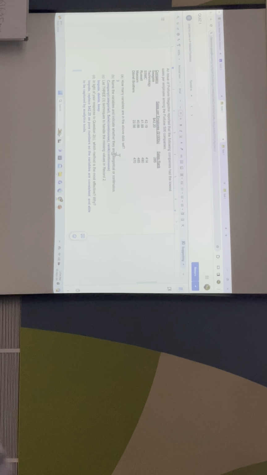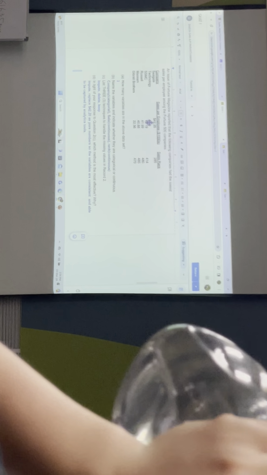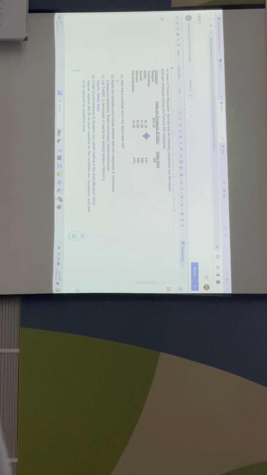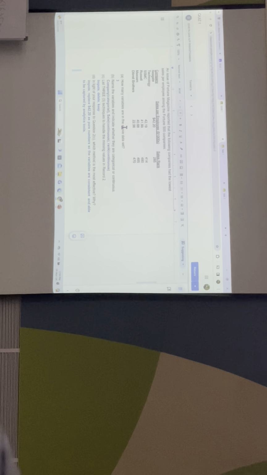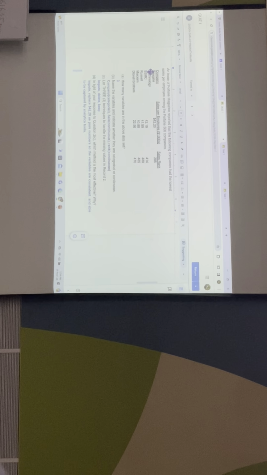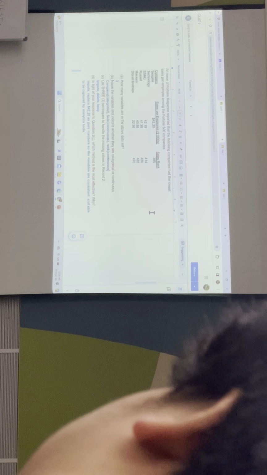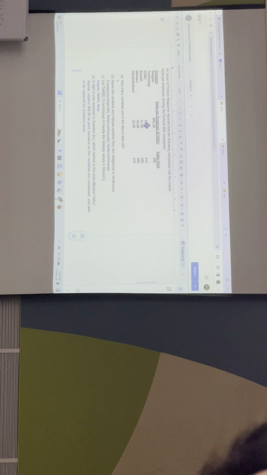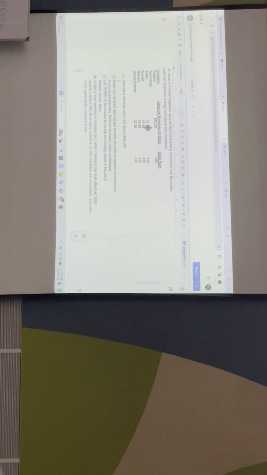If you want to impute it, you can impute by using the average value of sales per employee. Or if you want to delete, why do you delete? Maybe because there are too many missing values, so you can delete it. If you want to impute or replace it with mean values, then you need to justify. So why